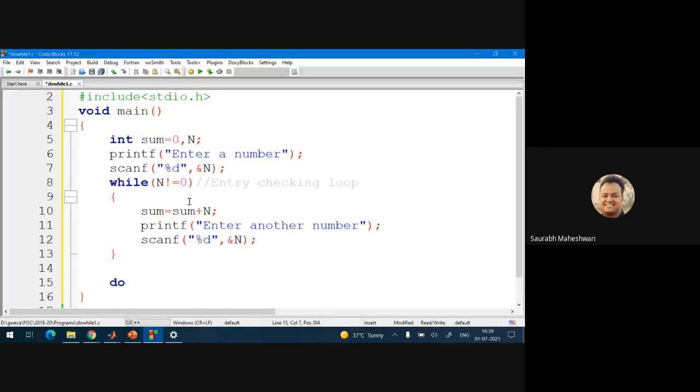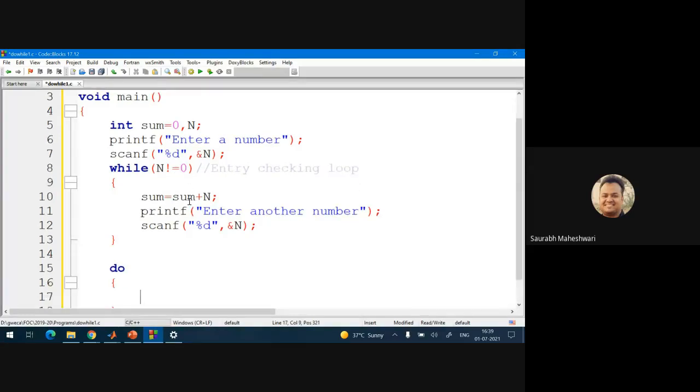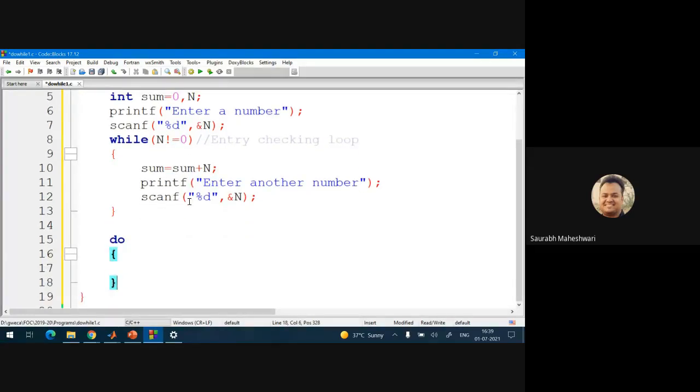You write the keyword do, then opening and closing braces, and then you write while, and then the terminating condition. This is do, the keyword, then this is the loop body, and after running the loop body, the while condition runs.